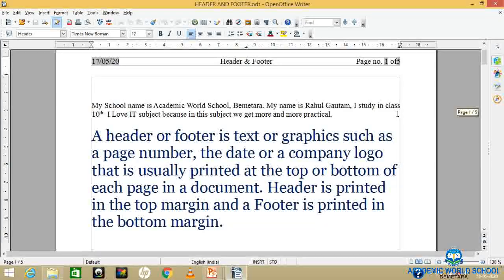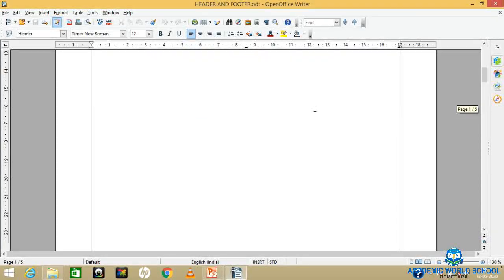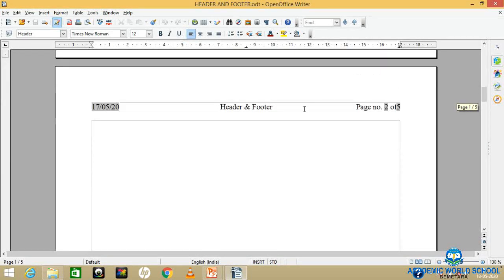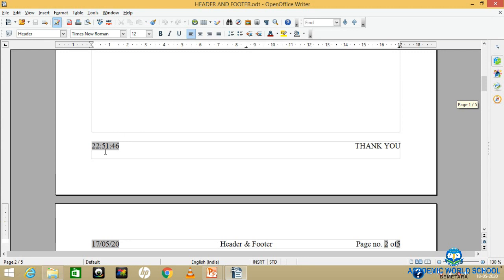So the same detail will be on the next page at the bottom of the page. You can see here, this is the time and this is the thank you. Now how can you apply this header and footer? So let's see that.